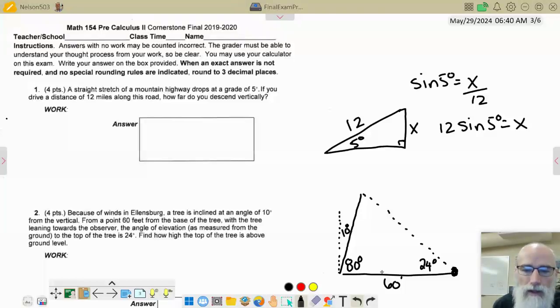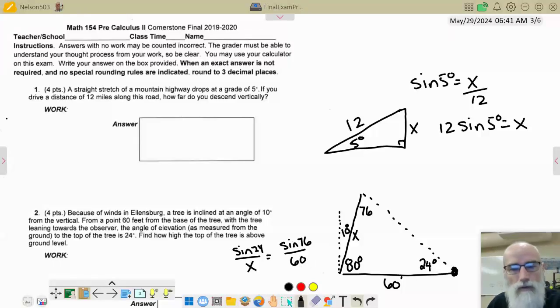All right, so we got an angle side angle, and we're going to have to find the length of the tree first. So let me put an X right here, and we would go something like this. We'd go the sine of 24 all over X is equal to this. Well, we don't really care about this side, so why don't we find this angle up here real quick? So 80 and 24 is 104. And so this angle right up here must be 76 degrees, right? So I'm going to go sine of 76 all over 60. And now we got to solve this